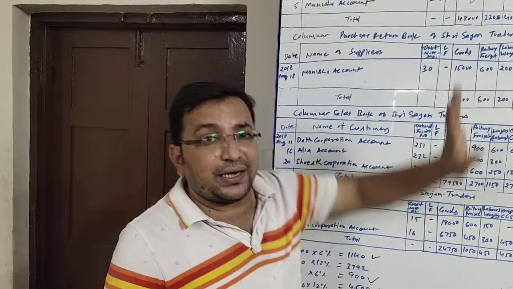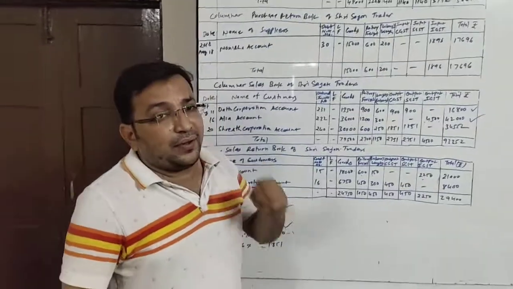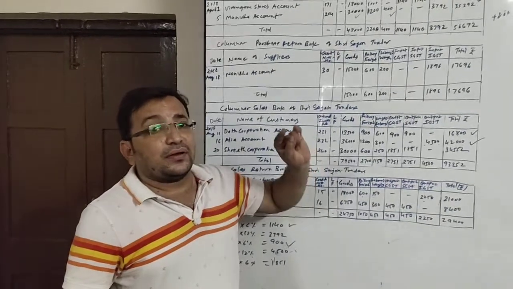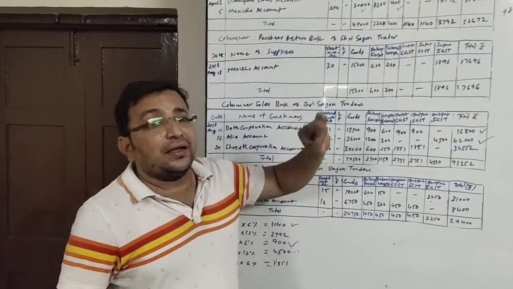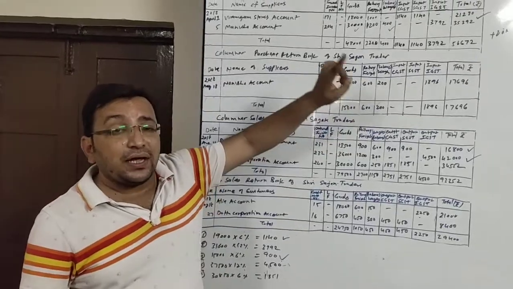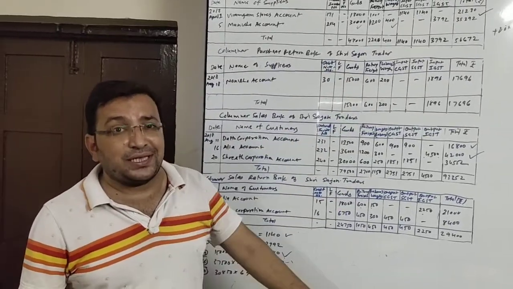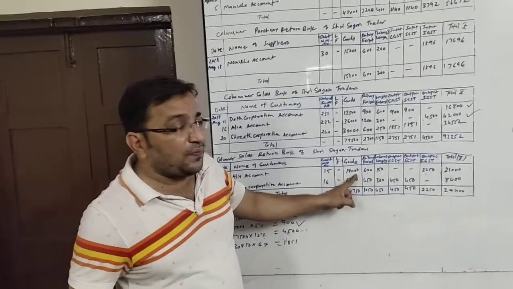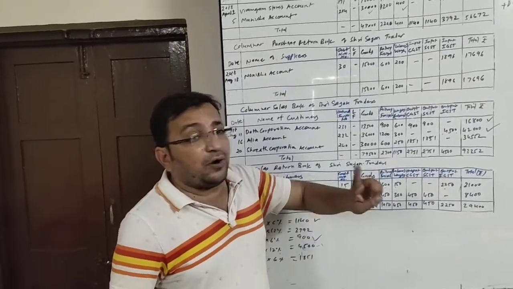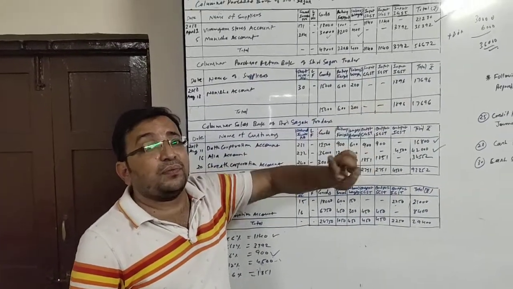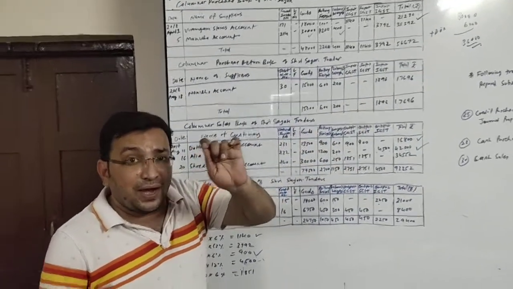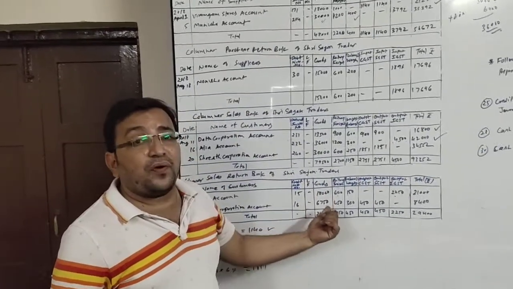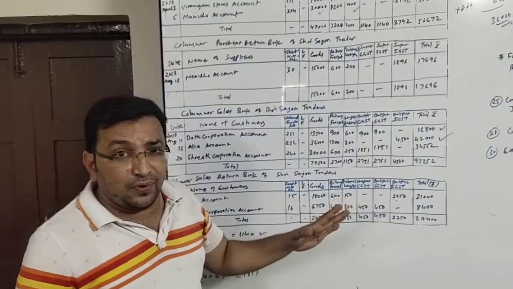Now the same goods we are returning to whom? Manisha. Friends, keep in mind one thing. When we do the purchase return, we have to consider the price at which we purchased the goods, not the sales price. We are getting goods of 18,000 from Alia back, but we will not be able to return it for 18,000 because we will be returning at the price at which we have purchased there. This 18,000 includes profit of 20%, which we have to remove.